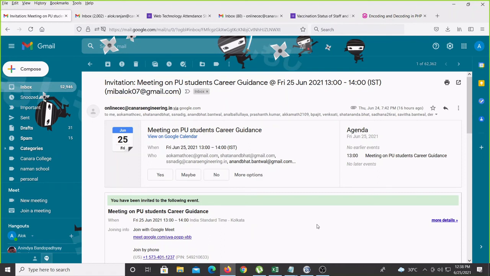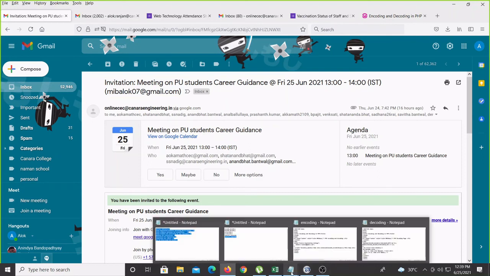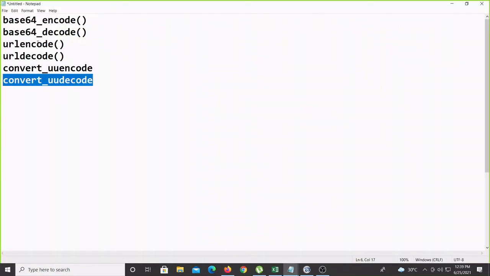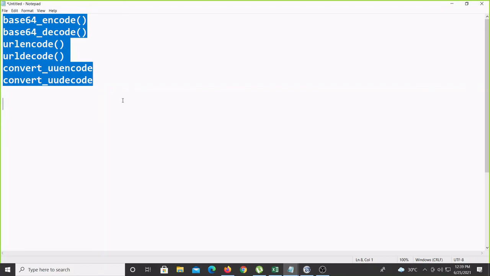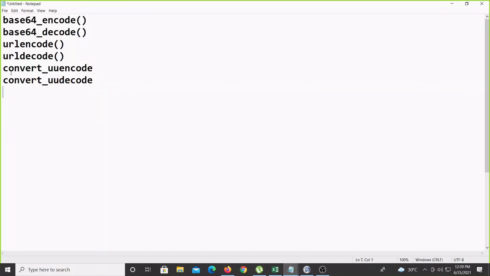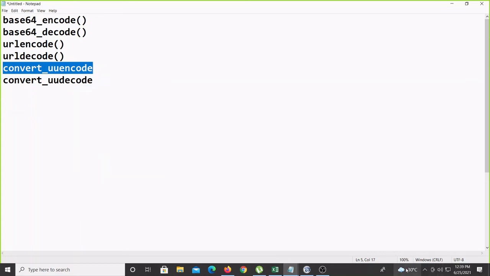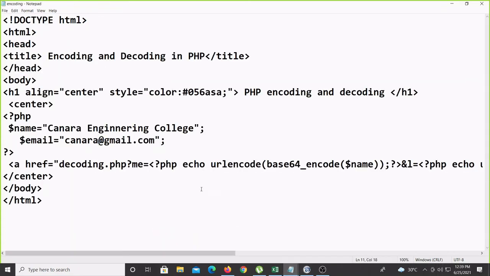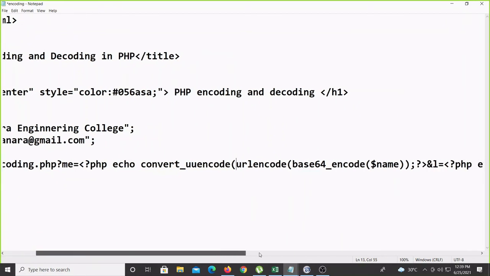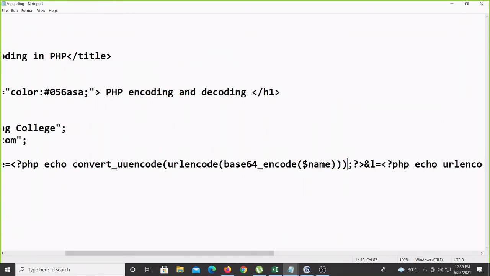They have their own algorithm, and with the help of that algorithm they can encrypt. You can also use your own algorithm, but these are the inbuilt functions in PHP. This is also more popular with programmers, to use the encrypt and decrypt concept. Same way, if you want to convert with urlencode, nothing is extra. I will just use this one also. All three you can use. One more encryption, if you want, I will just put urlencode before this one. I am just converting only one with urlencode; the other I am not converting.